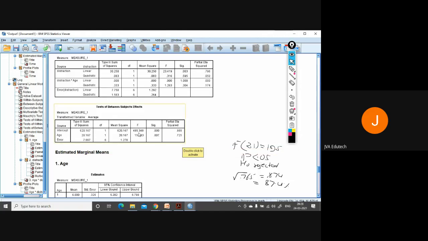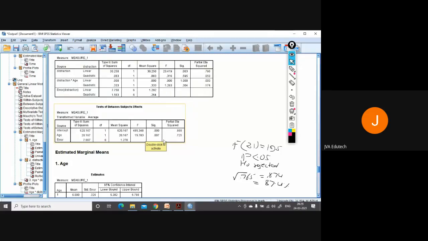And the same thing, F at degrees of freedom 1 and 6 will come to be 15.783. Significance will be 0.007, which means less than 0.05. So null hypothesis rejected.